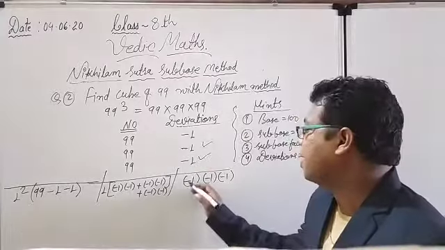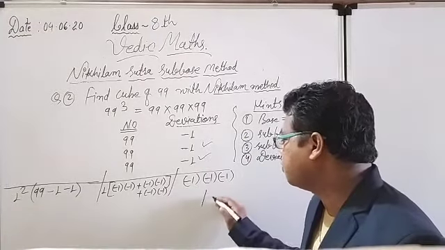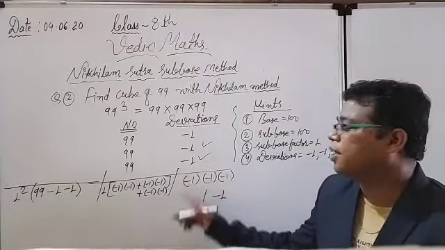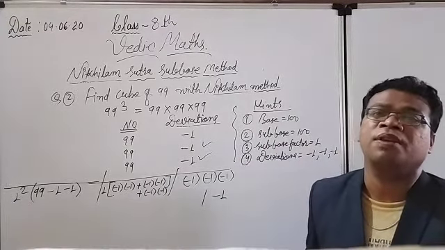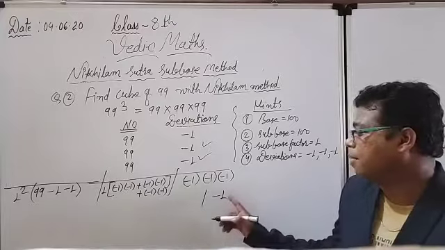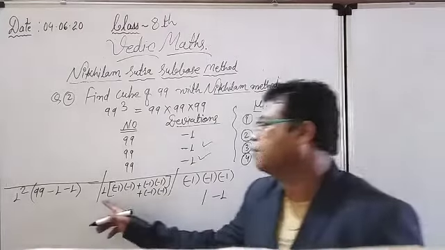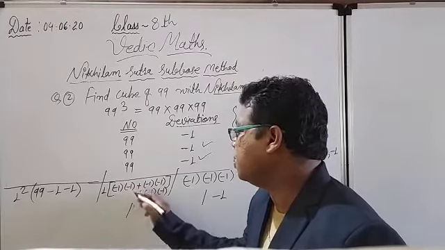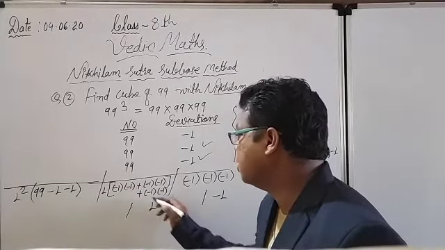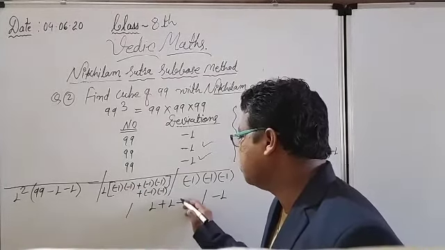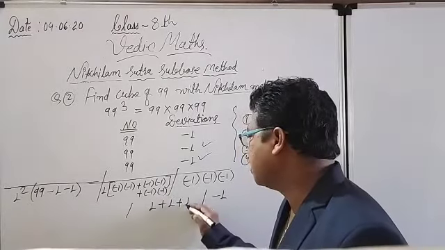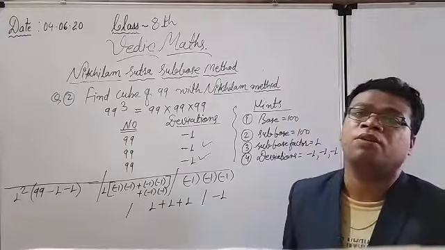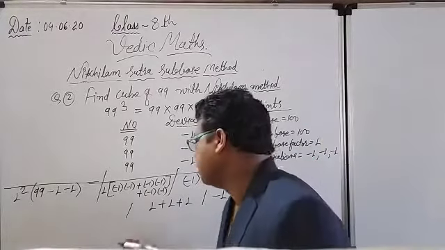See here, minus 1 three times, so definitely my answer will come again minus 1, because if there are 3 negative signs, then 3 negative signs will give me again a negative digit here. See here what is the case. Here is the big advantage for me, because minus 1 into minus 1 will give me plus 1. Again minus 1 into minus 1 will give me plus 1, and again minus 1 into minus 1 will give me again plus 1. And I have to multiply with 1, so it will not affect my answer.